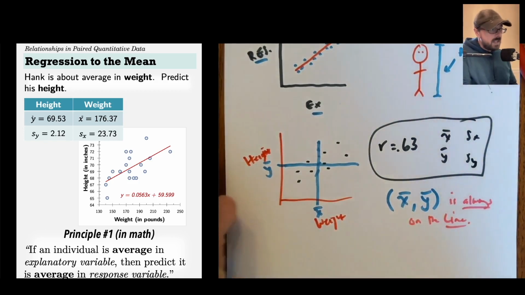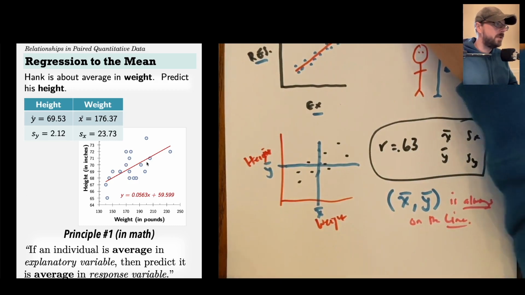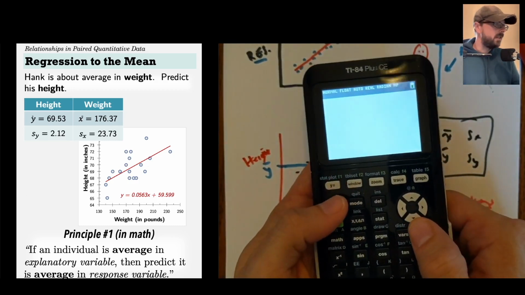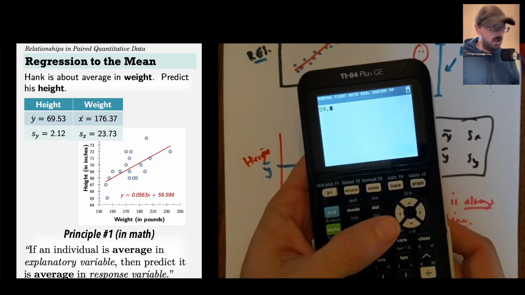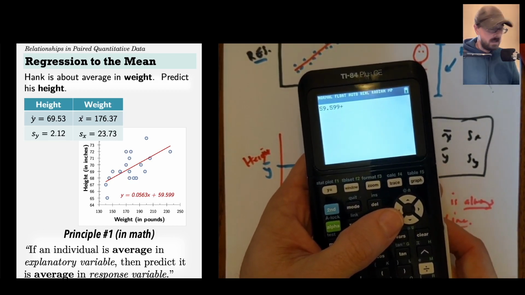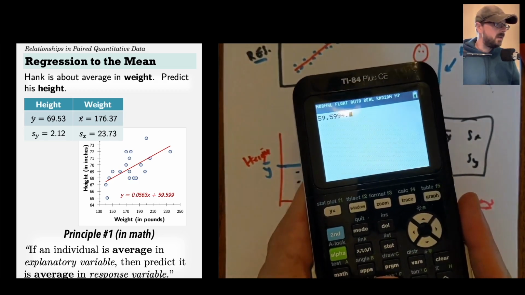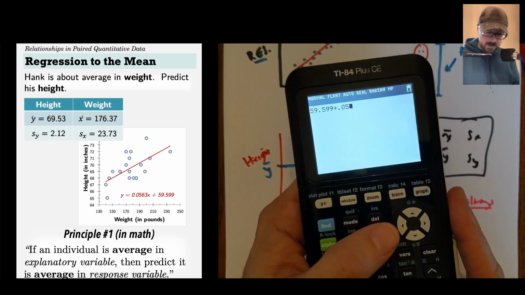And so let's see that right now. Was that true here? Here's the line of best fit that would be generated by technology. Let's check here. This is apparently the line of best fit for that scatter plot. What I'm telling you is that the mean of x should be predicted to be associated with the mean of y. So let's see here. If I plugged in the mean of x, my equation was